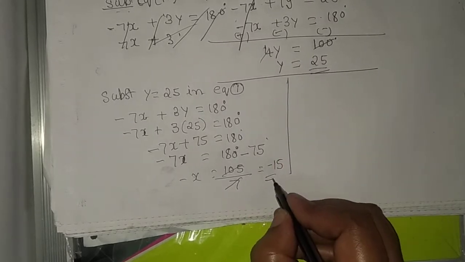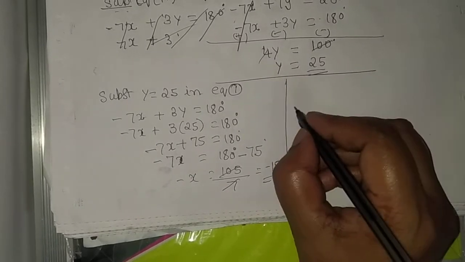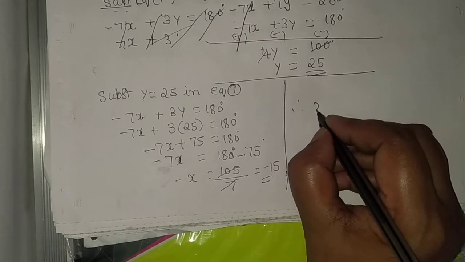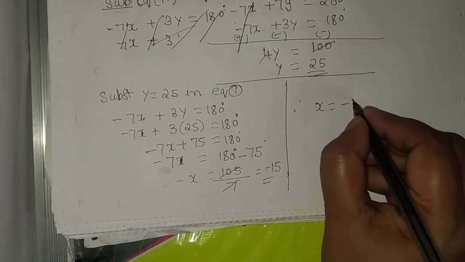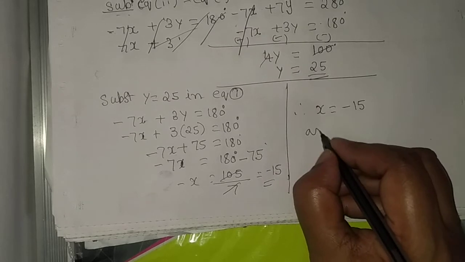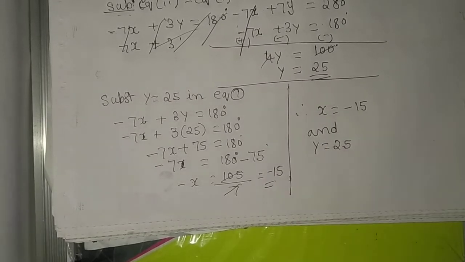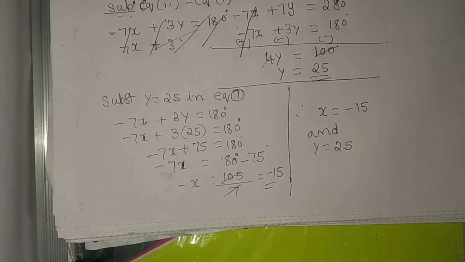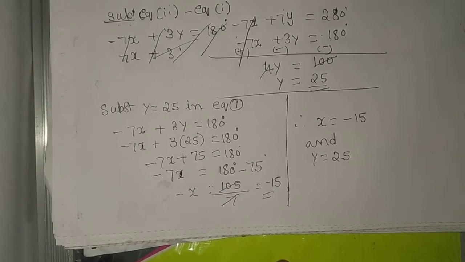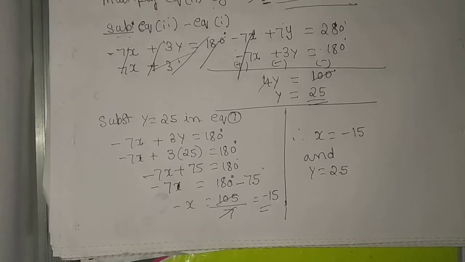So for x we got minus 15. Finally x is equal to minus 15 and y is equal to 25. So this is the solution for this problem, the 8th one, that is the cyclic quadrilateral, which ends the exercise